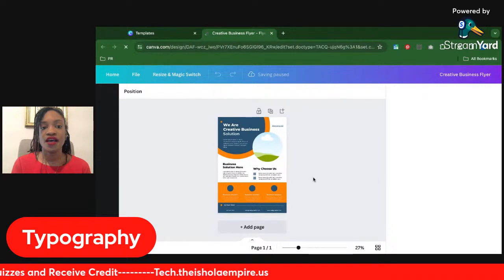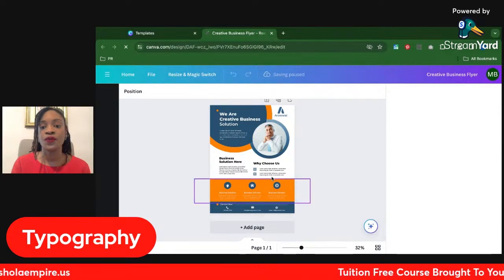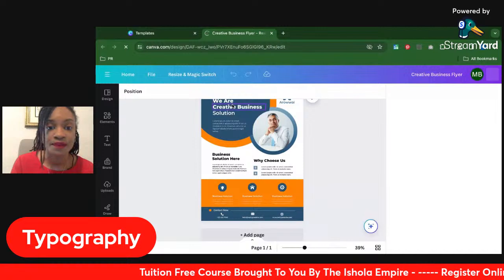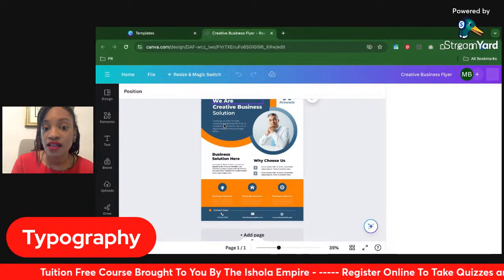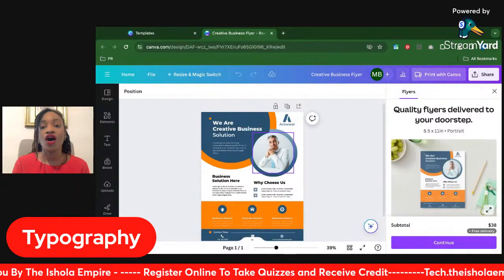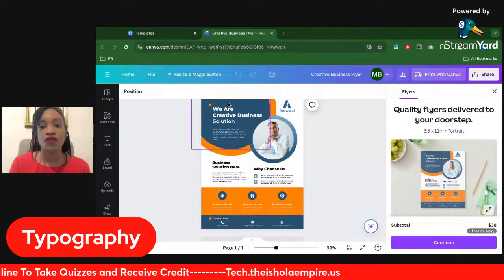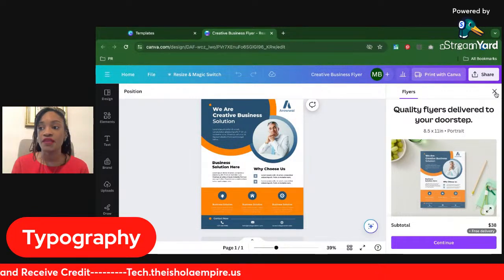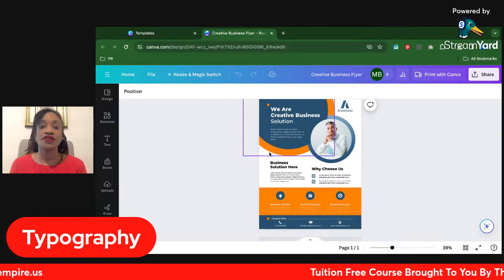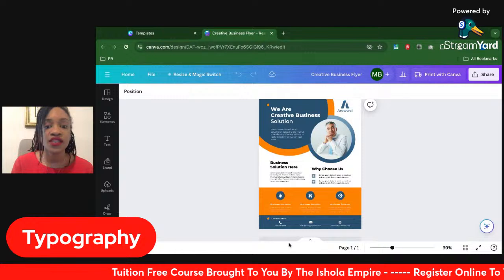Typography, the actual style of the type, the text that you see. It's a descriptive word for whether these are block letters, or how the text shows up, or the kerning for it. All that is a word that encompasses all the things that we are going to be talking about right now. So when somebody says typography, they're talking about the text of your graphic design. There are other things such as the color, the scheme, the palette, but right now we're talking about typography, which is the text. So next word we're going to go over